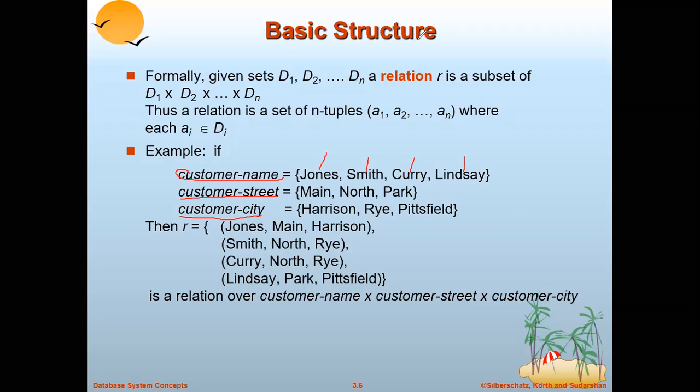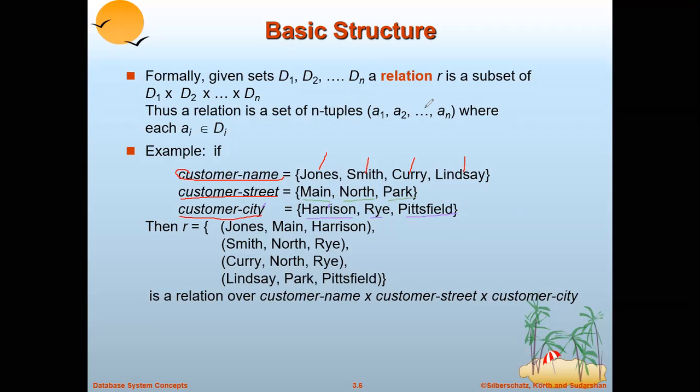Customer streets are Main, North, and Park. Customer city: Harrison, Rye, Pittsfield. So this is Di, which belongs to Ai, and Ai is A1, A2, An.